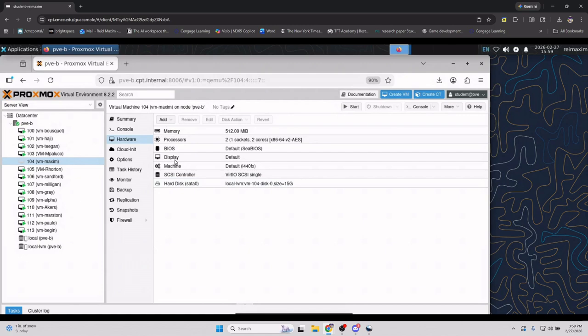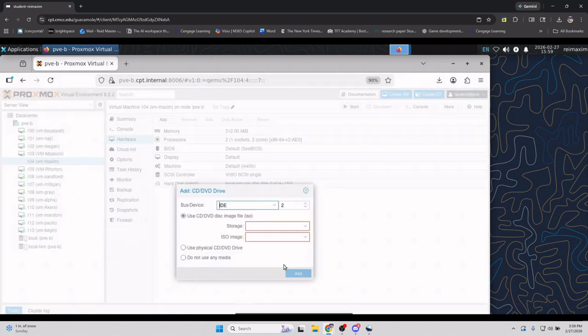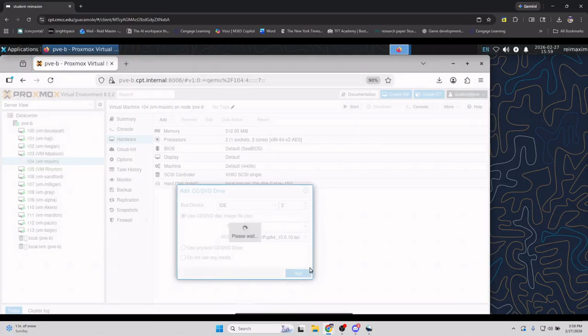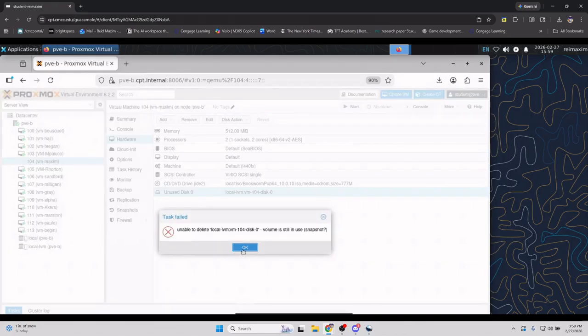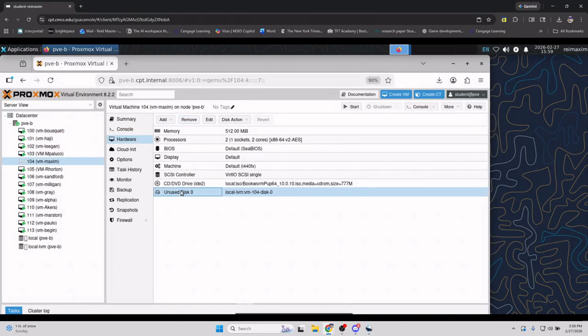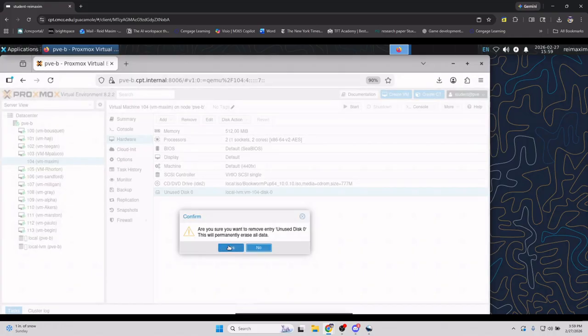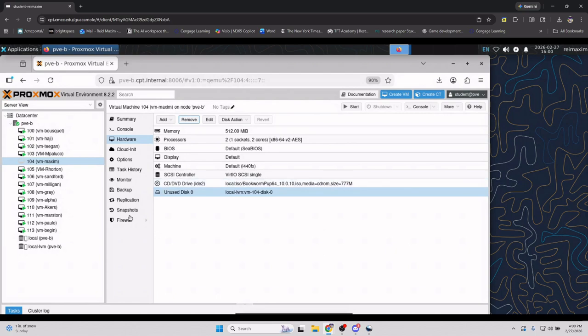You're going to see a disk here, and it's going to look like this, right? You can just detach that. Go ahead and get rid of it, and honestly, you could probably just remove it if you'd like. That way, it's definitely not going to be causing any issues. Now, wait, remove. Yes. Oh, because it's still a snapshot. Don't worry about it. Just unmount it. From here,